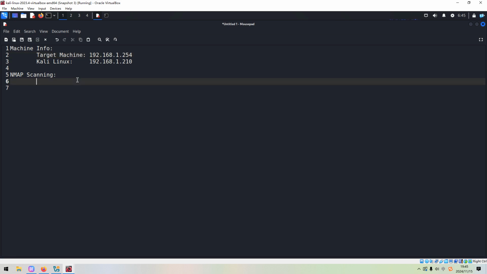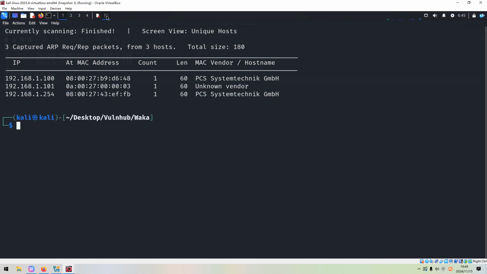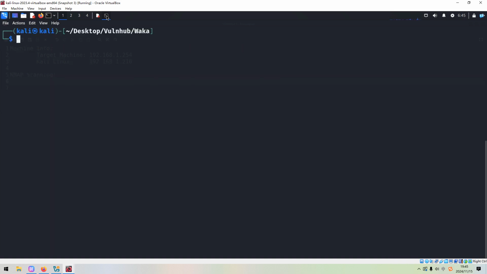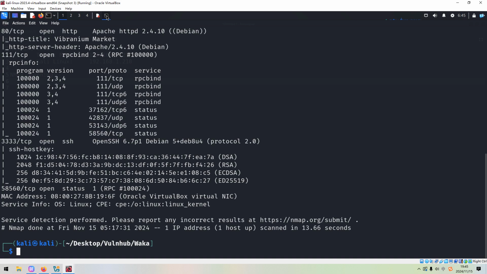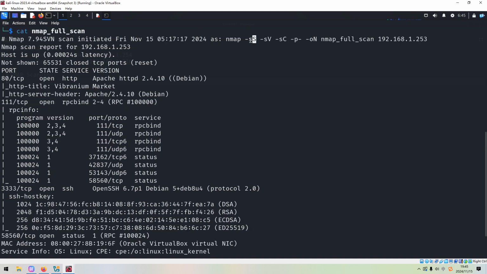So what are we going to do next? It's very straightforward to launch the Nmap scanning to identify open port numbers and service information. And we can use Nmap to do that. And of course, I've already done that earlier. So for now, we just get out its result. And as you can see over here, I used the options like SYN scan, the version scan, the default script scan, followed by -p- to do the full range port scan. The last option of all is -oN to output the result into this file.